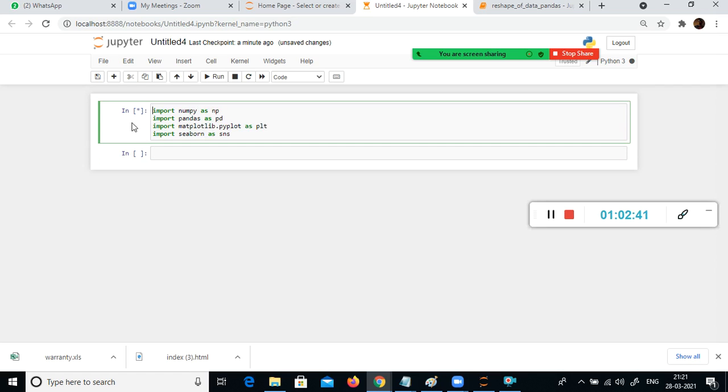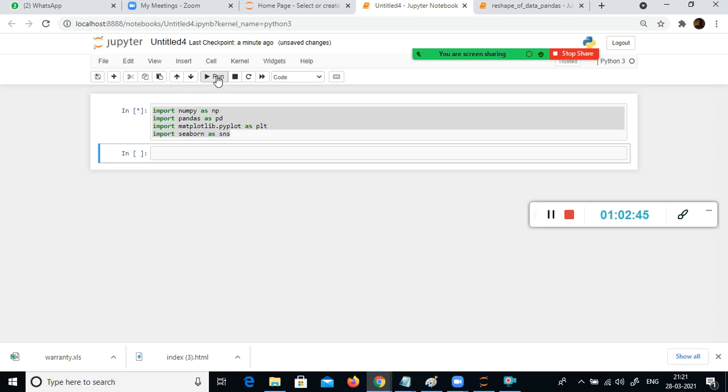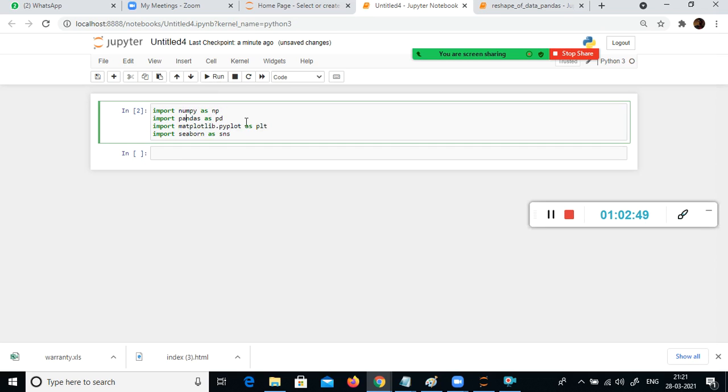If you see a star along with this cell, see what I did, I just typed all these things and clicked run. Here I see a star, that means it is yet to import. You have to wait for some time.